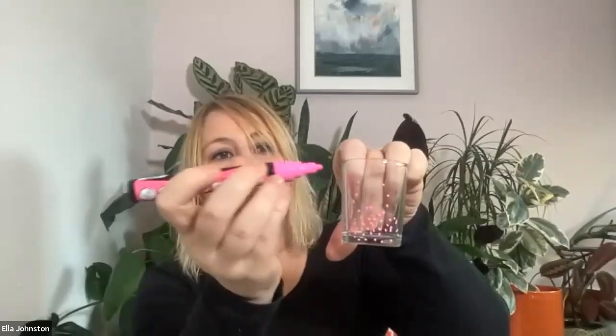And the good thing about chalk markers is they're kind of like a junior POSCA. They work on different surfaces, but the great thing is they're really temporary. So you can use them and then you can wipe them off. So what I'm going to do is I'll just show you what I've done. So what you do is you cluster at the bottom and then just come out at the top, and then you just